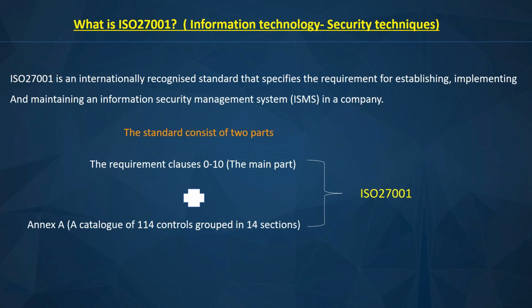I'm sure you remember that I said we have two types of controls. It could be administrative, it could be technical. If you take your time and look at those controls, you will see that they can be grouped under those two categories, either administrative or technical control. If you look at page 10, A.5.1.1 says policies for information security, and it says control: a set of policies for information security shall be defined, approved by management, published and communicated to employees and relevant external parties. So that's a control there. That's an administrative control.